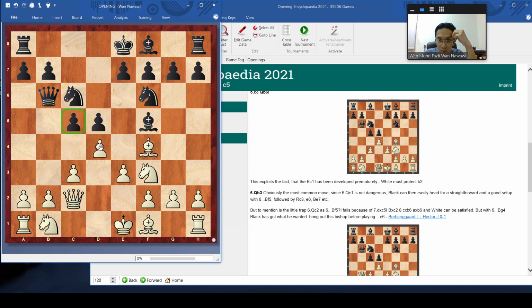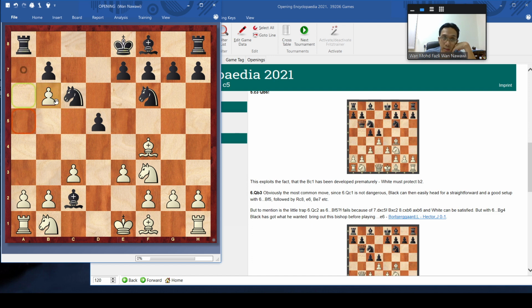Bishop f5 fails here because you have this intermediate move. So any capture is not really good lah. You can capture lah.